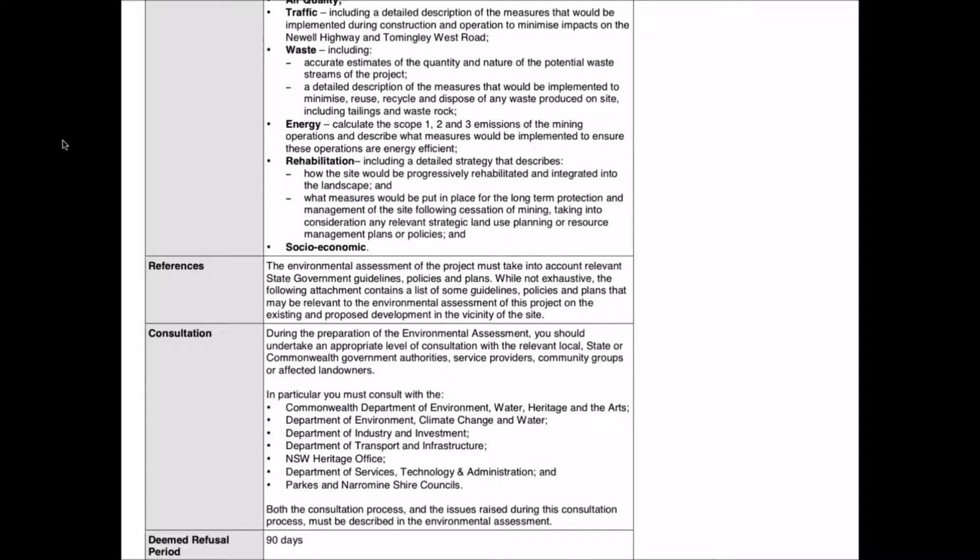One of the issues contained in the Director General's requirements was consultation, and it identified the need for an appropriate level of consultation with relevant local, state or Commonwealth government authorities, service providers, community groups or affected landholders, with various specific requirements for particular departments. And as it says down the bottom, both the consultation process and the issues raised during this consultation process must be described in the environmental assessment. And within the report,